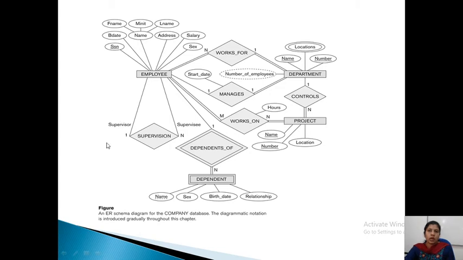A supervisor can supervise n number of employees, 0 or more employees. So that's why many. So here 1 to many. Can we have more than one supervisor for the different employees? No, only one supervisor will be there. So that's why 1 is to n.